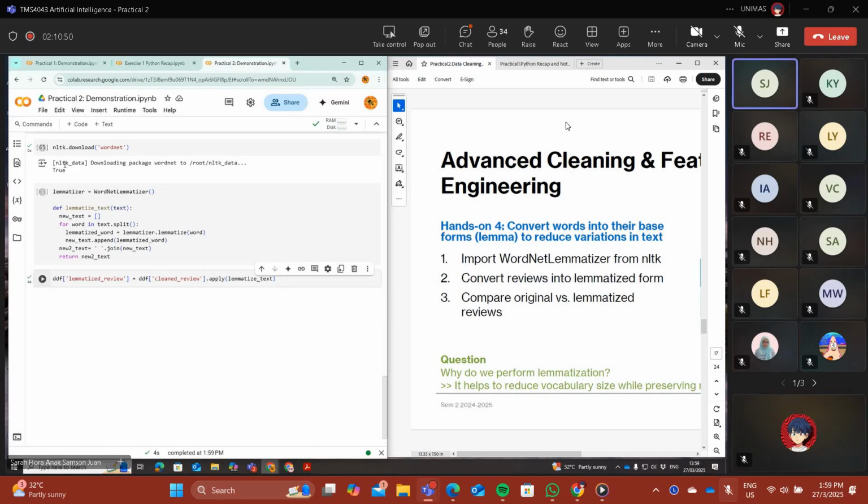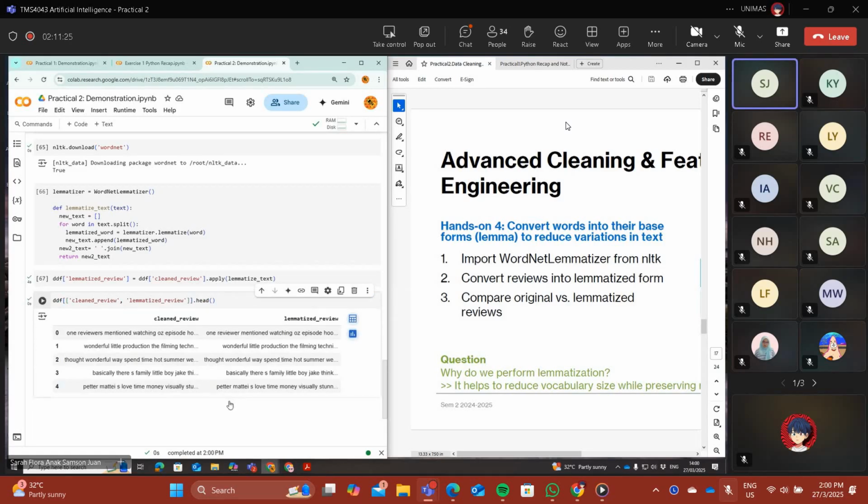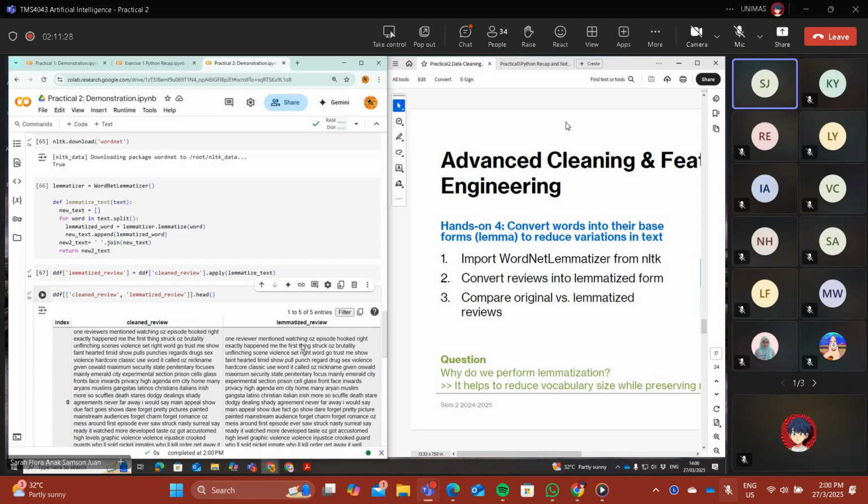Now we try to print the outputs. So we put these two columns together to see the difference. First, the clean review, open another bracket here, versus the lemmatized review. And we want to see the first 5 rows. Okay, so now we have the clean review versus the lemmatized review. It looks the same, but if you look carefully, some parts are not being lemmatized correctly